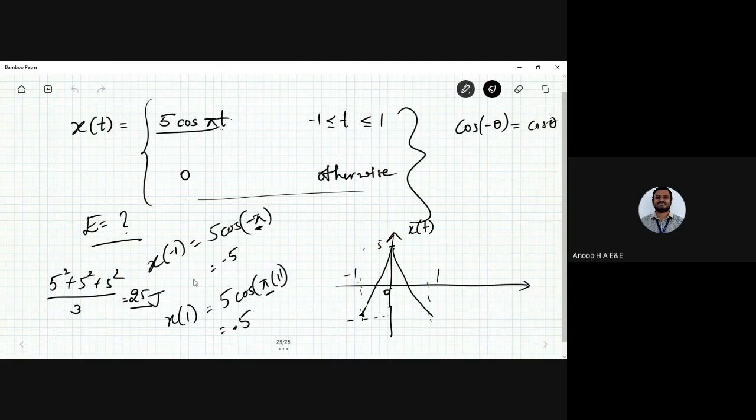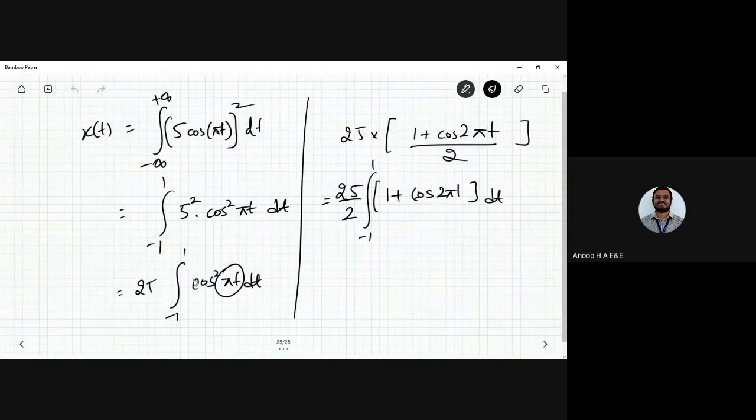If you solve it by the longer method, you evaluate the limits carefully, and you will come to know what the sequence looks like. It is quite a simple integral to evaluate, and you can find the answer to be 25 joule itself. This is quite clear, and it is one and the same if you evaluate it at each instant of time, at -1 and at +1. It would be quite easy.